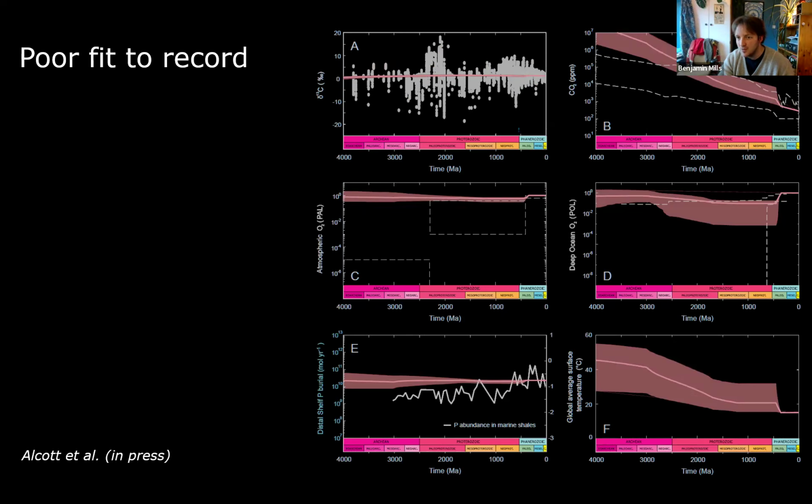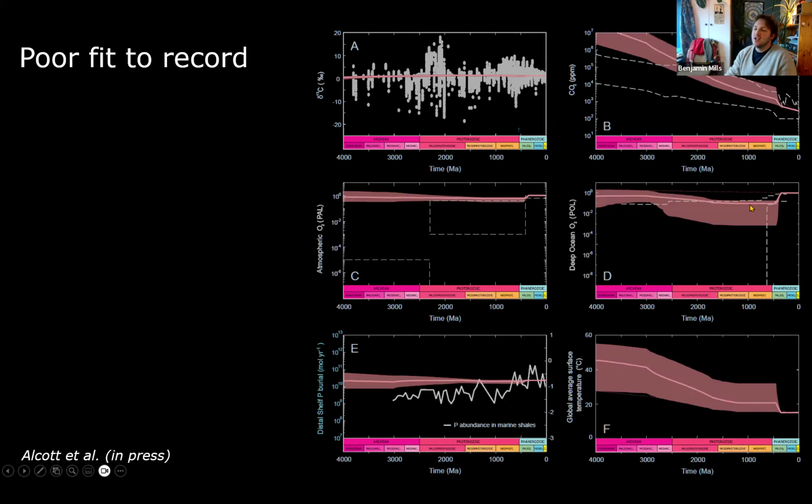CO2 is following an upward trajectory for two reasons. The sun is less bright, so this is having an effect on continental weathering rates. Also, our CO2 inputs are largely higher than the present day. So we've got a lot of CO2, a very hot surface temperature, 40, 50 degrees, and a well oxygenated ocean, because we're doing all this weathering.